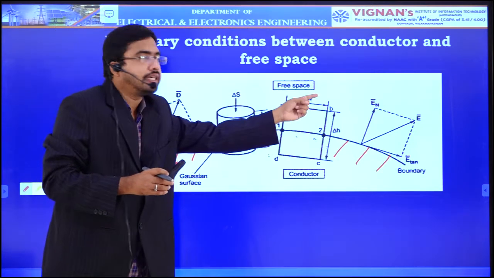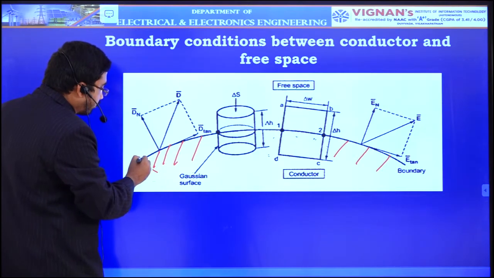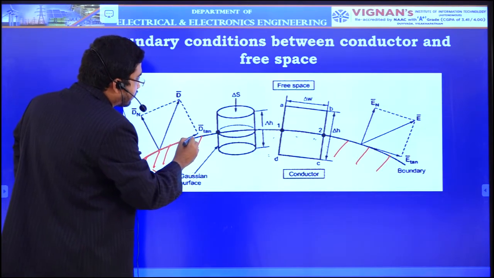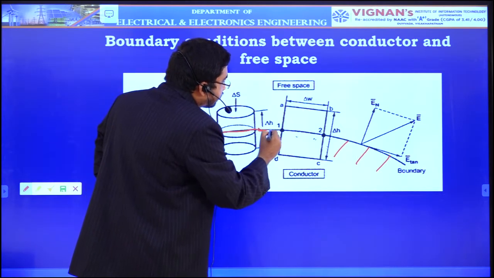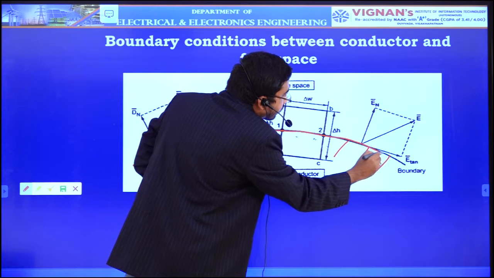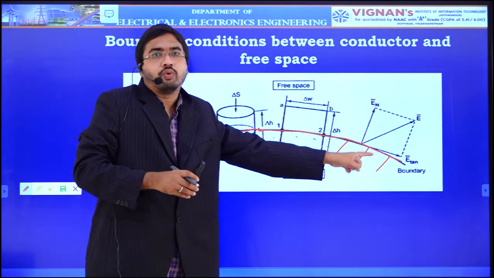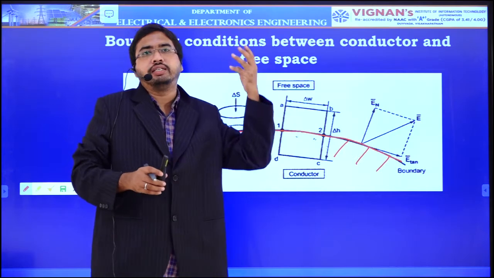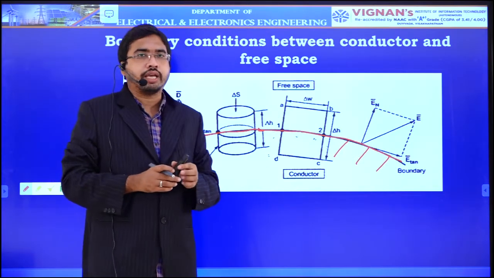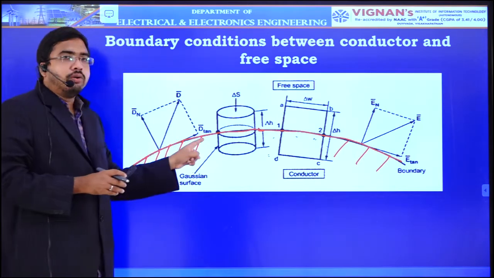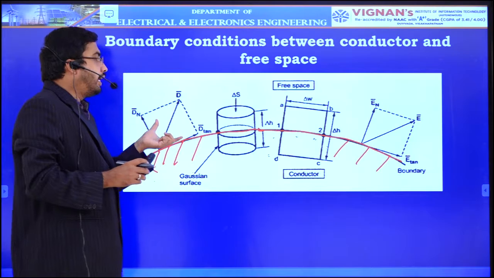Now the boundary between this conductor and free space is represented with this dark line. Okay, this is the boundary. Now at this boundary, we need to derive the conditions for electric field intensity E, electric flux density D, all those. So here at the boundary between the conductor and free space, how can you split the